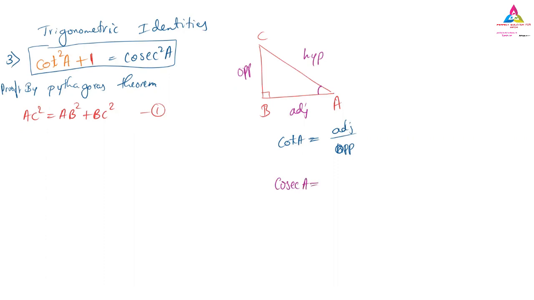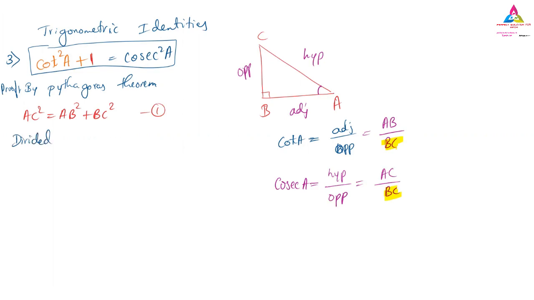Cosecant is the reciprocal of sine. That is nothing but hypotenuse by opposite. So the main thing is that we want the opposite side. Adjacent is here AB, and the opposite side is BC. Similarly on this side also, AC is the hypotenuse, but the opposite side is BC. So most importantly, we need BC to divide. So here in the equation, the Pythagoras theorem that we have taken, we have to divide